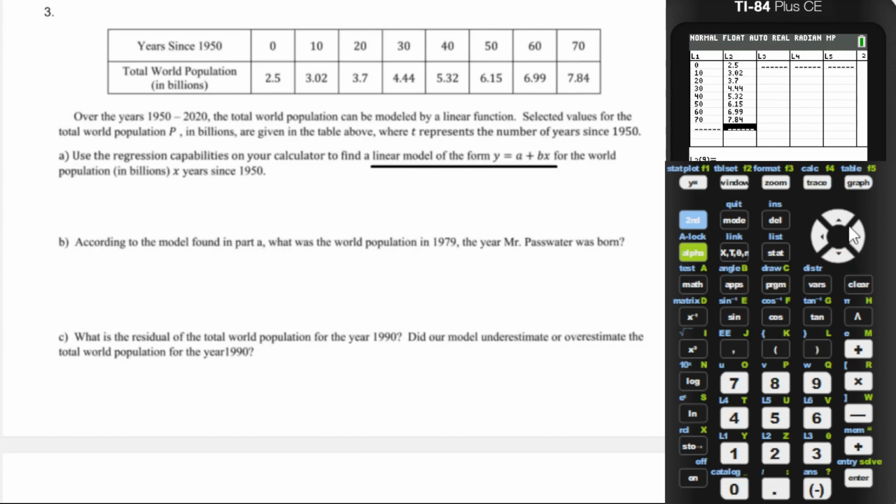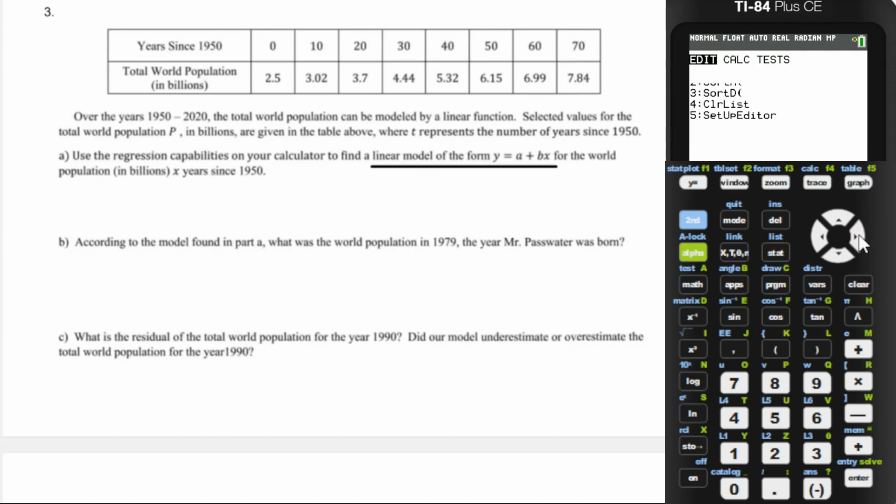Okay, there we go. So we are going to run a regression. A plus bx was what was requested, so I can ask for option 8. This 1, this 2. It's still stored in y1 because I'm sure we're going to be doing some predictions, and then we're going to calculate. Okay, then I'm going to get y hat equals a, 2.2675. If it's just one more decimal, what's the harm. Plus bx. For this one, we're going to have to round off to 3 decimals, 0.078